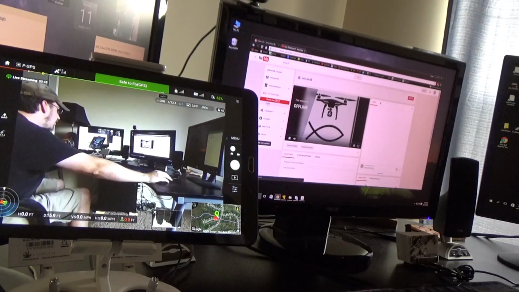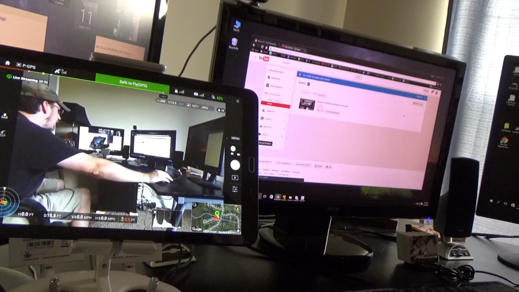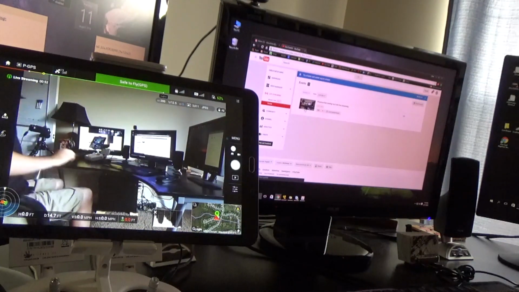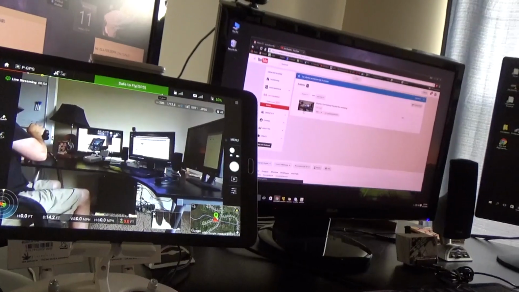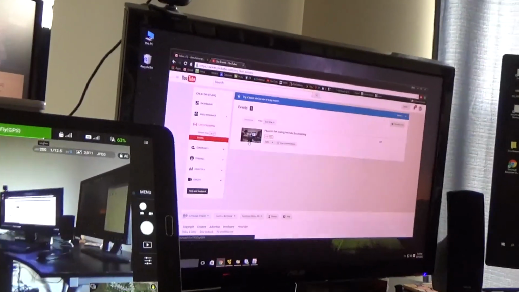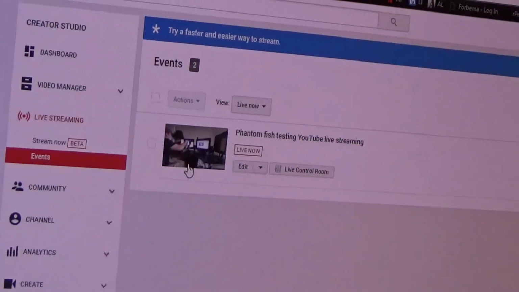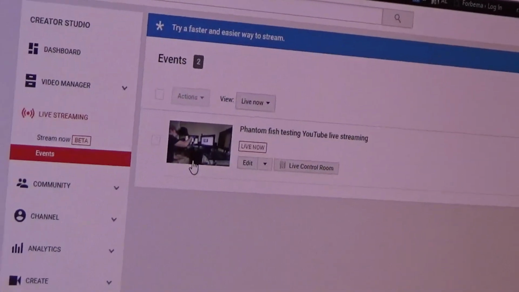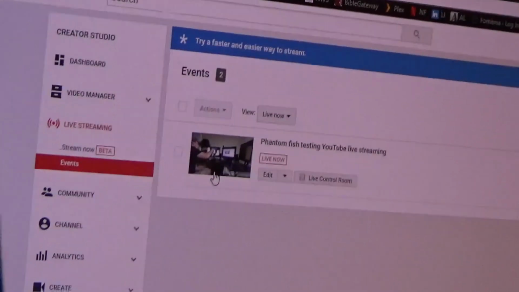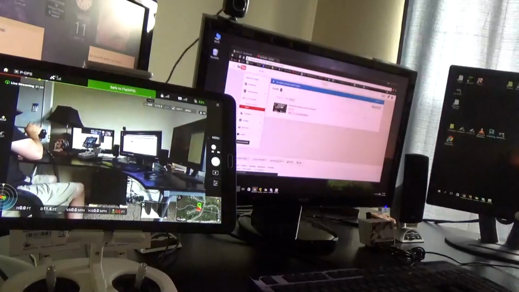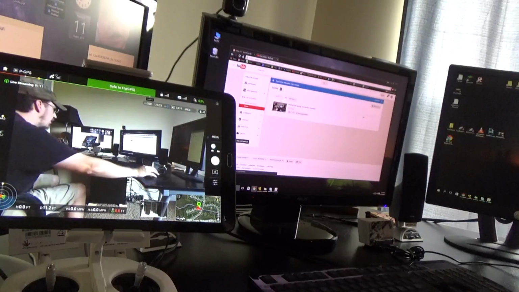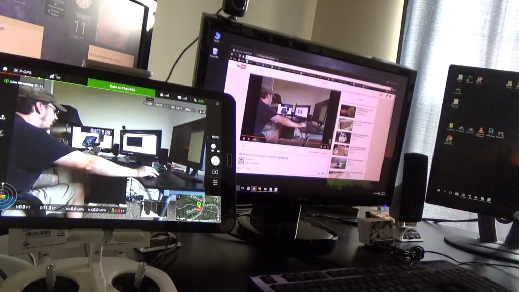Easiest way to do that is to click on events under your live stream. You can see that the event is already there, and you'll notice if I zoom in on that, that is exactly what we named it. Phantom Fish Testing YouTube Live Streaming. Okay, so it is live right now. I'm going to bring us back out, and what I'll do is I'll click on that live stream,